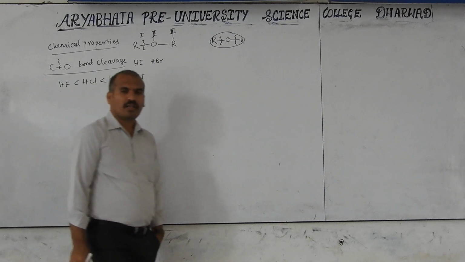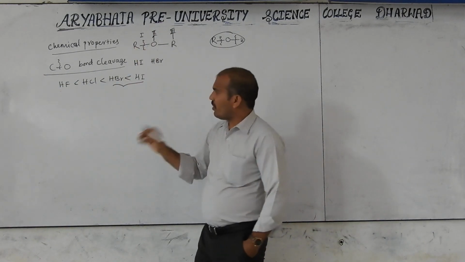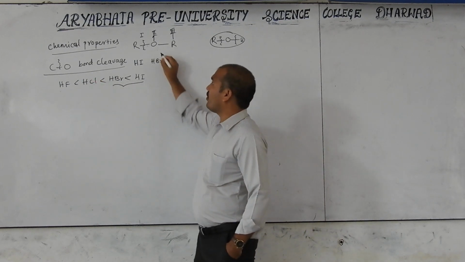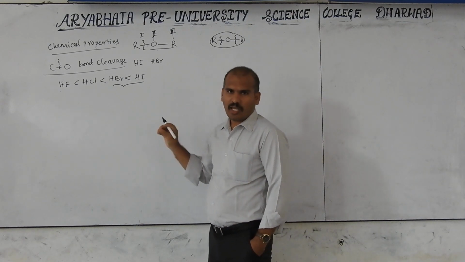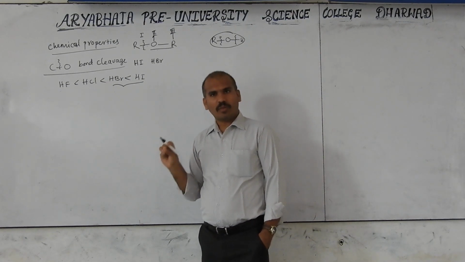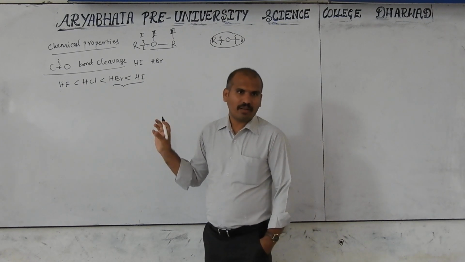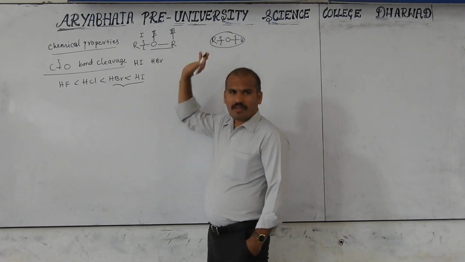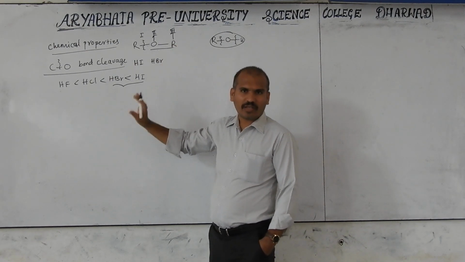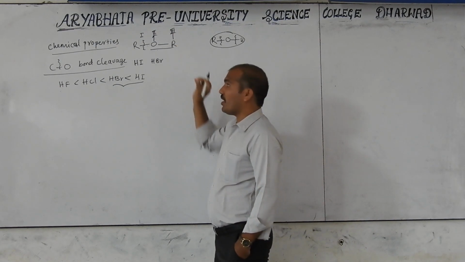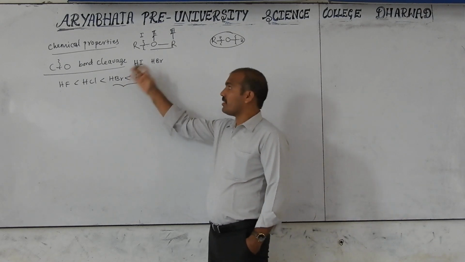These are preferable because sufficient acidity is required for this bond breaking. Because for this C-O bond in ether, reactivity is generally less, but they are reacting here. Sometimes they may ask the question: ether does not react with the following: A option, sodium; B option, sodium hydroxide; C option, ammonia; D, all. It means sodium hydroxide does not react, and ammonia also does not react under normal conditions. So that is also very important here. Generally it reacts only under very strong conditions.